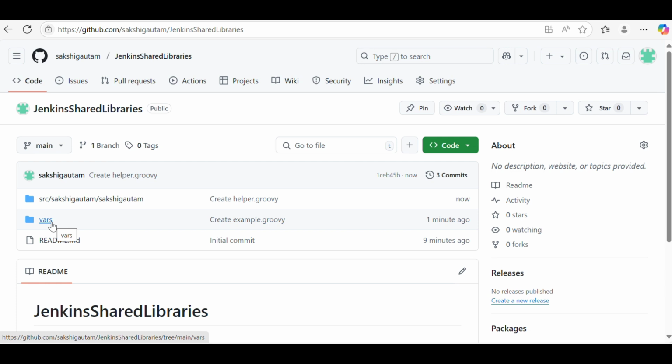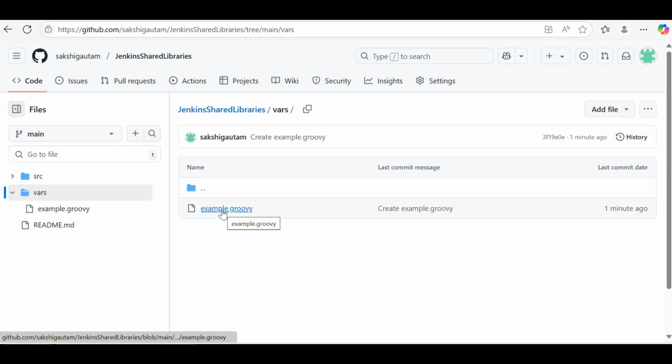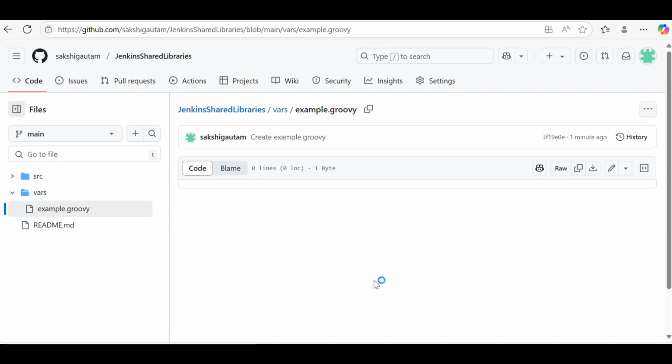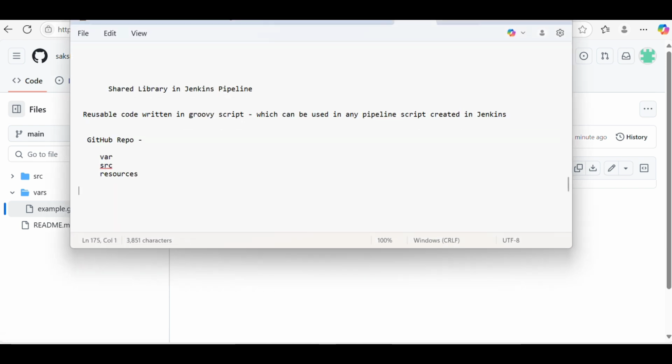Like we can write a Groovy script in this example.groovy, and if we want to call this script in our pipeline script, we just have to mention in our pipeline the library, the name of the library which we configured, that is Jenkins shared libraries,